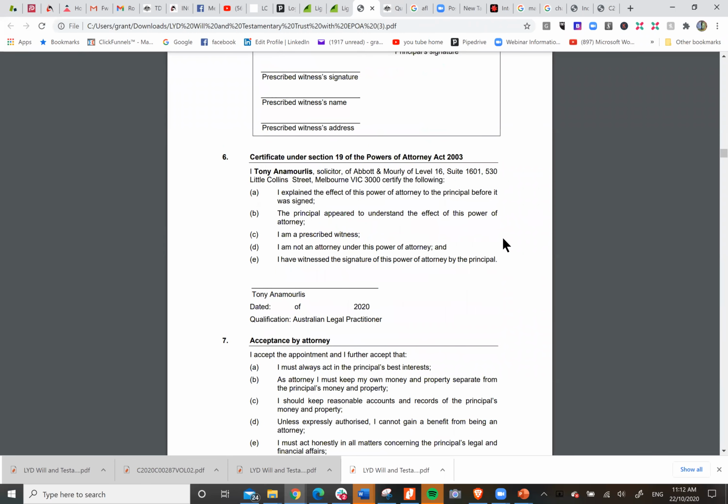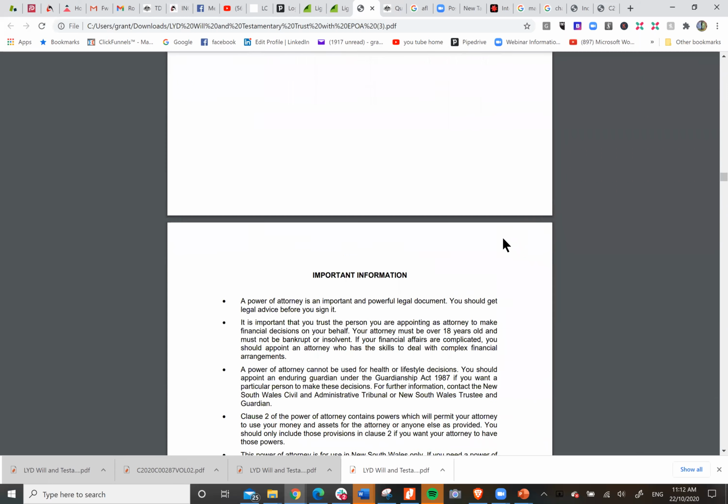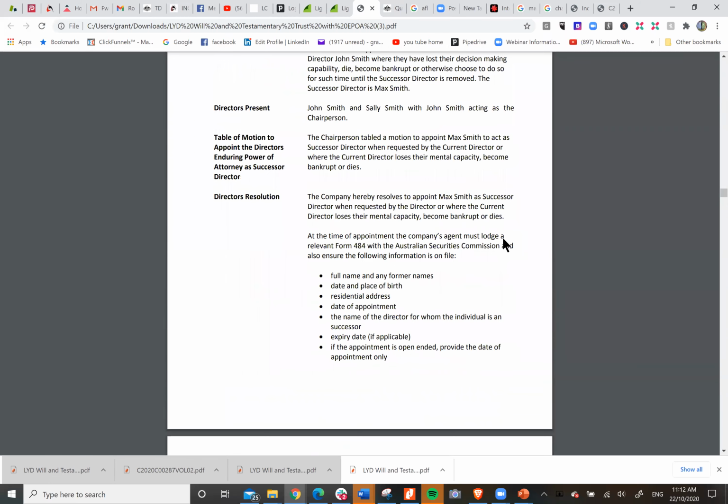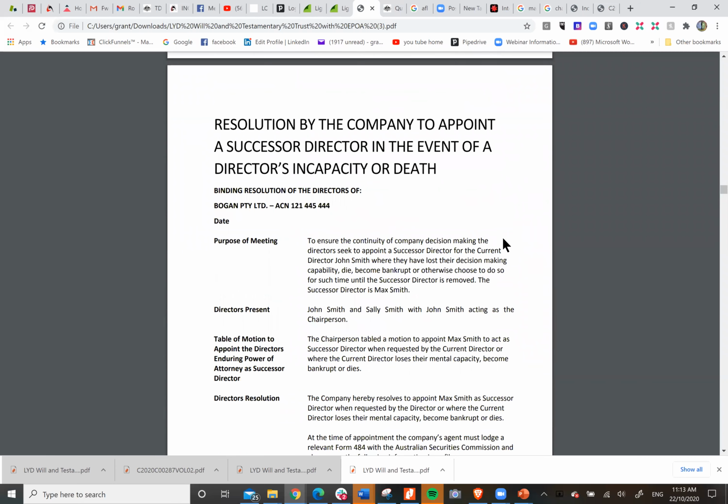And that's where Tony comes in and signs off here. Yeah, that's right. Because I'll tell you why with these EPOAs, I've seen EPOAs that date back to 2003, 2001. And you've got an estate sitting there, which I'm presently dealing with now, a $12.5, $15 million estate, and it doesn't give any provision about successor directors or replacement directors. So what would happen if the will maker had passed away? What happens then? So that's why this is great, because this includes successor directors.